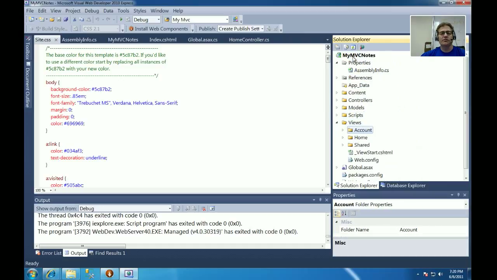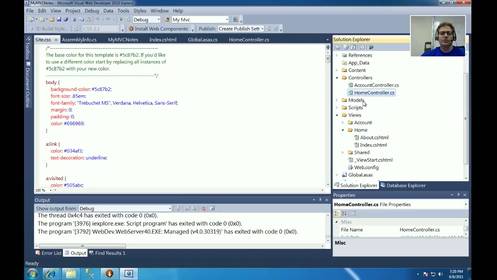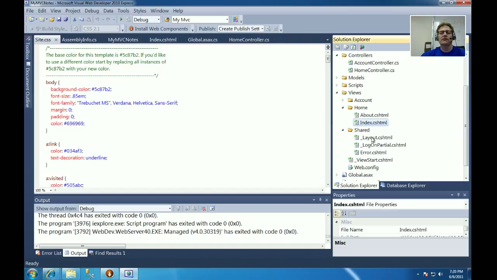This is where the views are contained. Now, remember that we said that the home controller had an about and an index view. But you can see the home controller is represented in the views under home, matches the home of the home controller, and the about and the index view are sitting there. You'll also see that there's a shared directory. Now the shared directory contains something called a